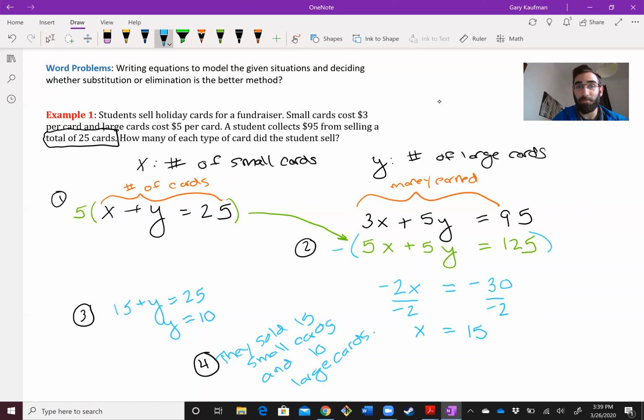So there's our first example. If you don't understand it, make sure that you come into the Google Meet and ask me some questions. Otherwise,